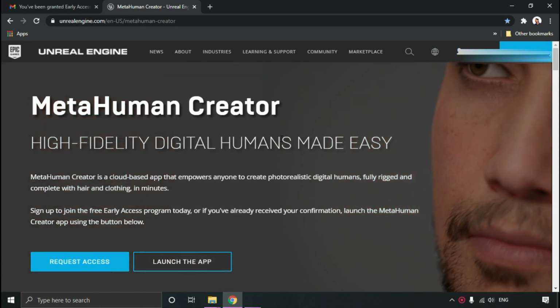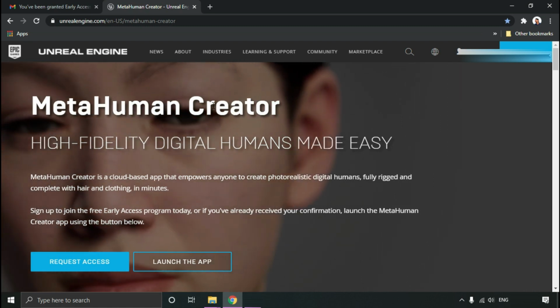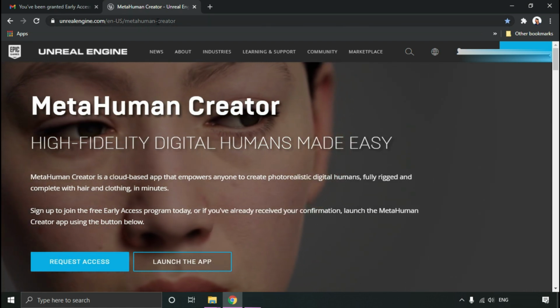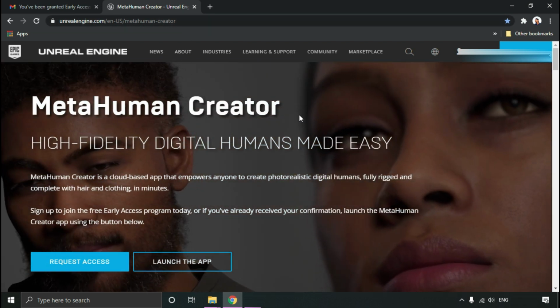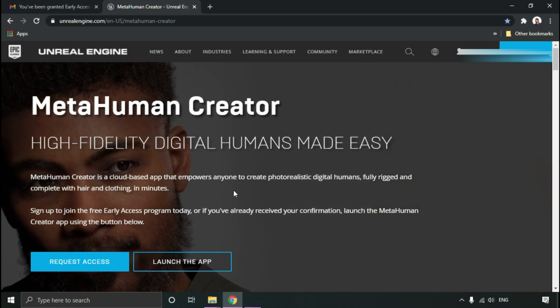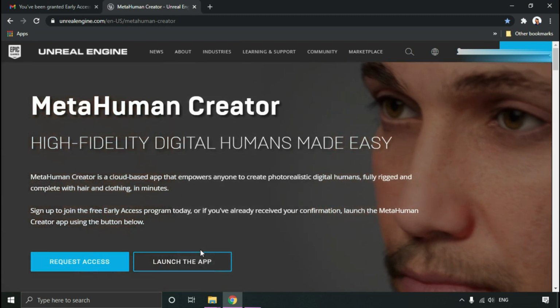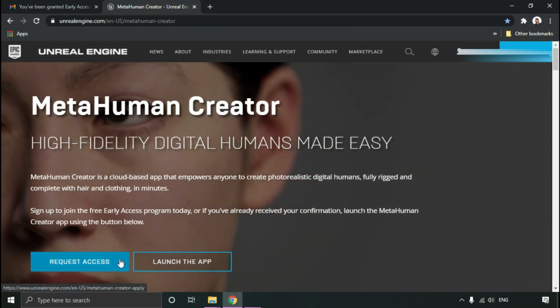Okay guys, to register yourself, all you have to do is go to the link in the description. It will be unrealengine.com/metahuman-creator, and then you will be taken to a page like this. I have already gotten access, so that's why I have the option to launch the app. But if you don't, you can just click on request access,